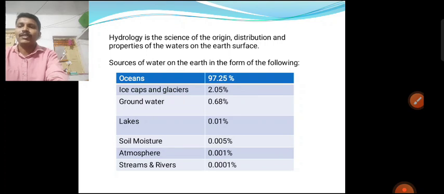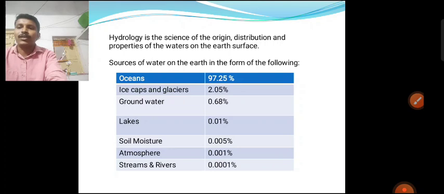Here one table is there. It represents the sources of water on the earth in the following forms. In this table, the first column represents the different forms of the sources of water, and the second column represents the different percentages of the sources of water. For example, 97.25% of the water is available in the form of oceans, 2.05% in the form of ice caps and glaciers, 0.68% in the form of groundwater,